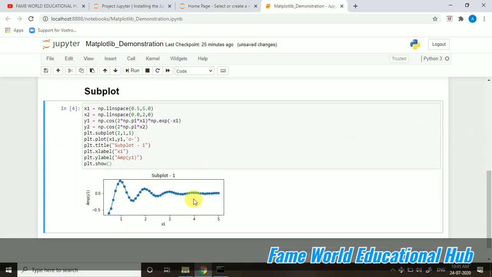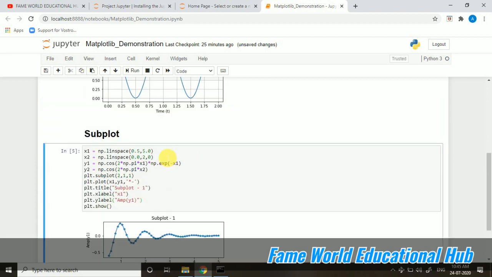Now you can notice that the graph is plotted in a circular format. This is because of this O. I am changing it to star, and now it will come in this particular manner. You can see now the stars are coming. It's all up to us what symbol we want to use here. If you are using O, it will come like this again. So this was the first plot, and now the second plot also I am going to add here.